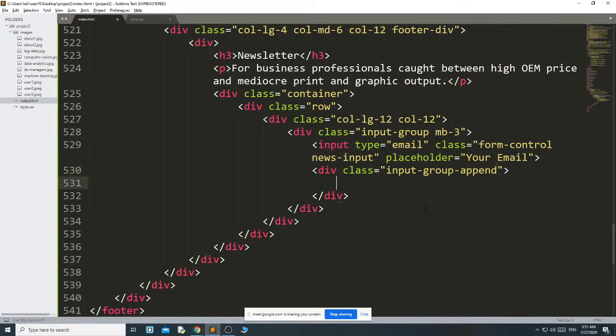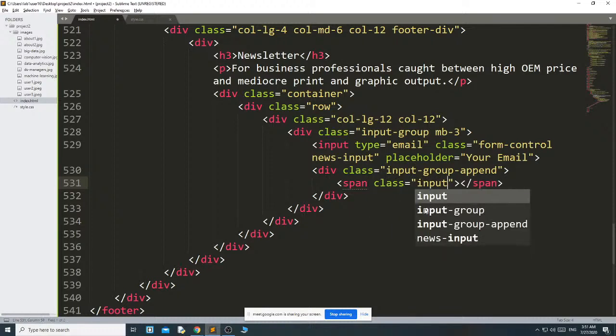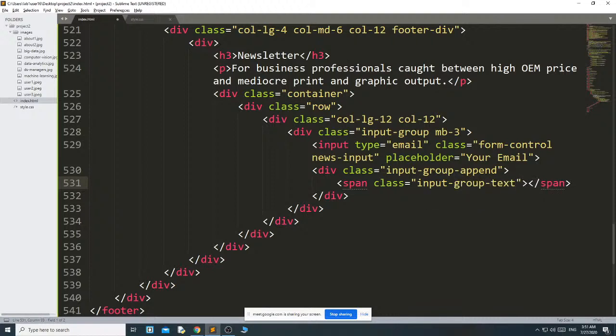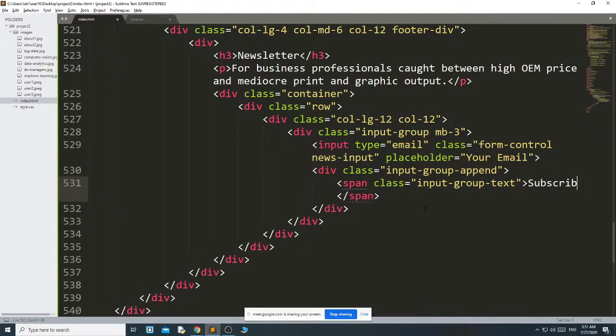Okay, these all things you can read on the Get Bootstrap site. Okay, span class input group text, and I just use subscribe.